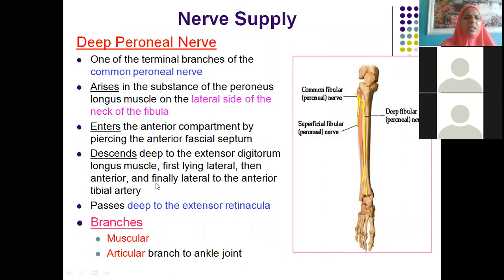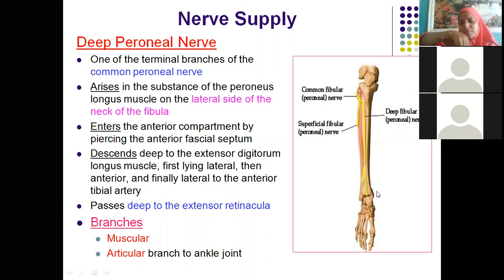Now, deep peroneal nerve, though few slides are here, anyhow, I will discuss again also, just to complete the topic I kept here. See, deep peroneal, you just see, this is the common peroneal nerve. I told you the surgical importance of the neck of the fibula also. It is winding around the neck of the fibula. In case there is any accident at the knee joint and any fracture at the neck of the fibula, then this common peroneal nerve will get damaged and the person will suffer with a clinical condition.